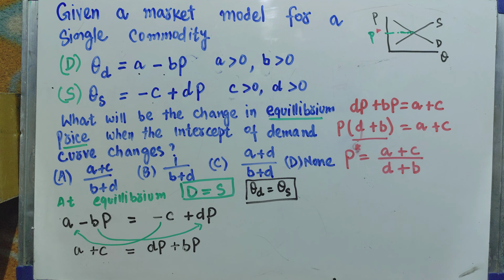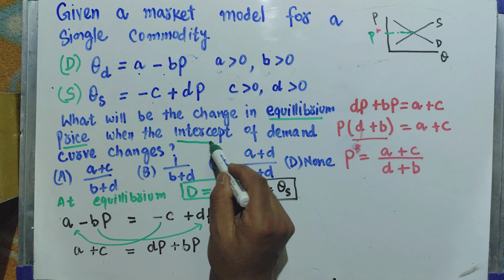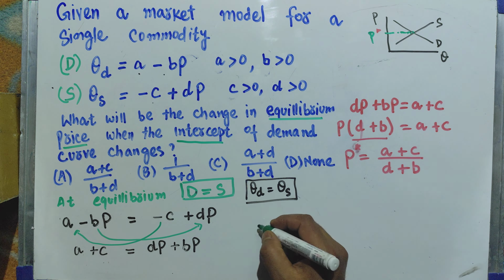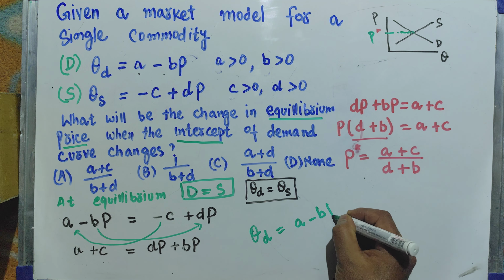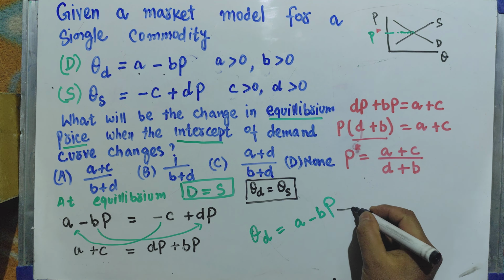But we are being told what will be the change in the equilibrium price when the intercept of the demand curve changes. Now let us see what is the intercept of the demand curve. So we have the demand curve QD is equal to A minus BP. Let us analyze this. P is price,